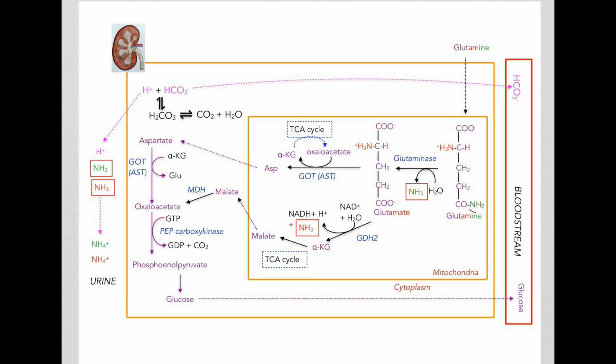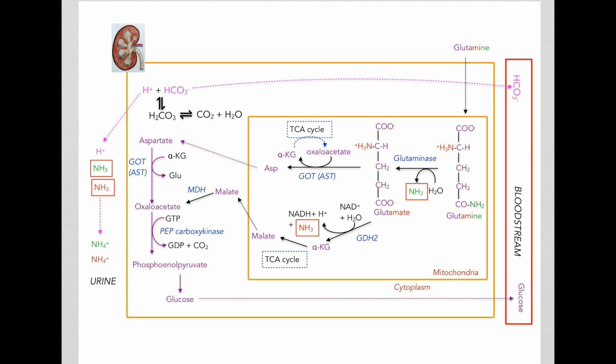While this nitrogen comes out in the glutaminase reaction, the alpha amino nitrogen comes out when glutamate is converted to alpha ketoglutarate by glutamate dehydrogenase 2, which is very active in the kidneys. So this nitrogen appears as ammonia in this step. This ammonia as well as this ammonia will be excreted out into the urine. So we see the ammonia being excreted out into the urine.